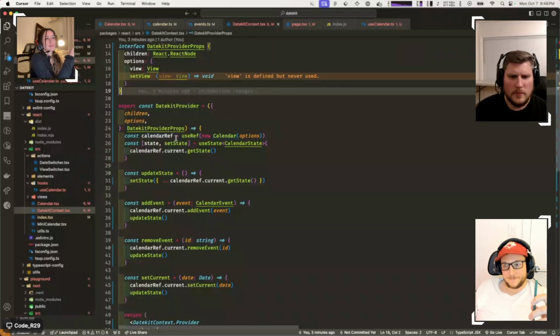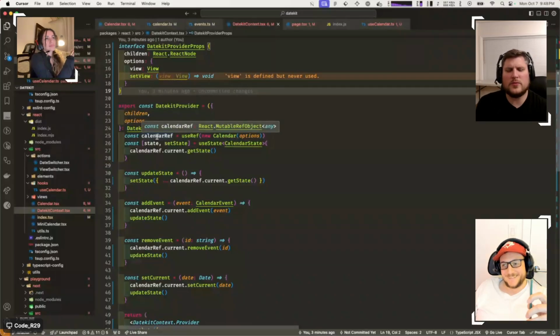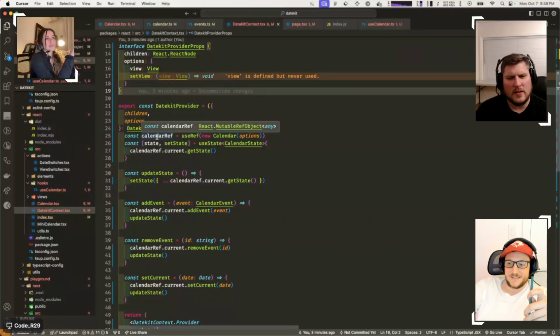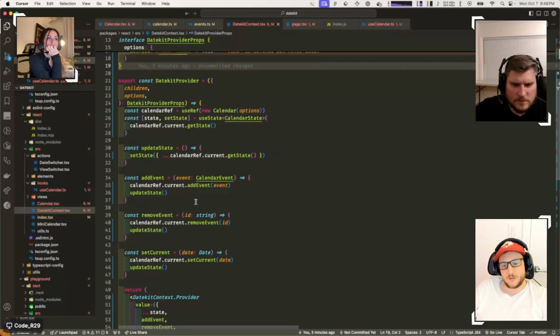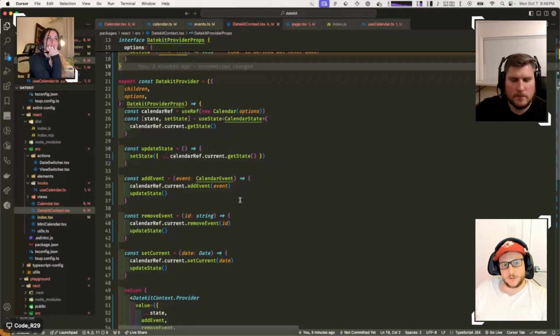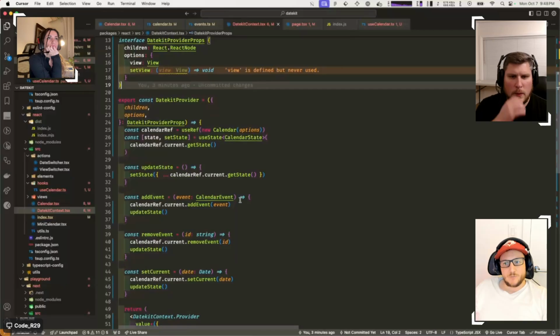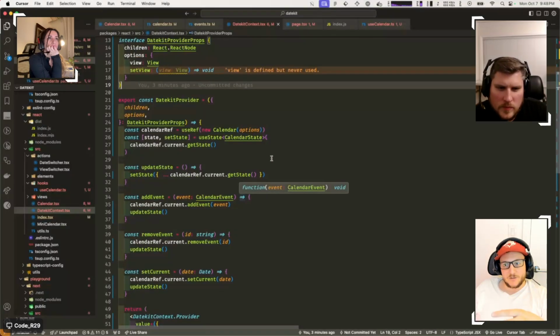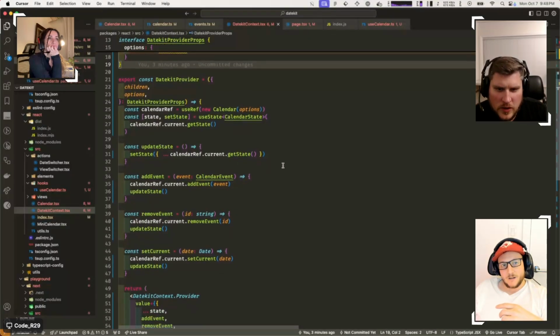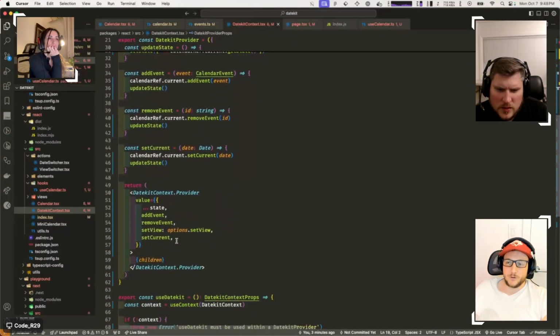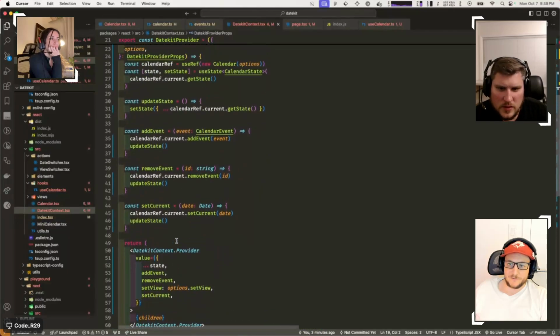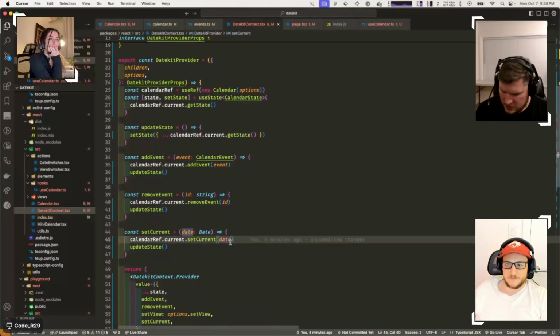Yeah. Okay, but wait, why did you use it as a ref? So you see now, below, you had set view, and you see how it's calling calendar ref. The calendar ref is the reference to the object of the core. So it's a singleton of the core that you run for that particular instance of your calendar. Right. Okay, so that's why we use the current calendar ref. And so your set view should be doing calendar ref dot current dot set view. So actually,